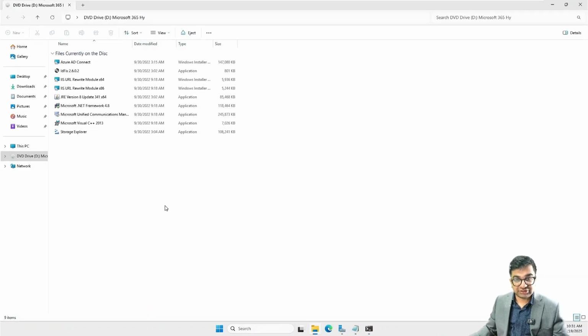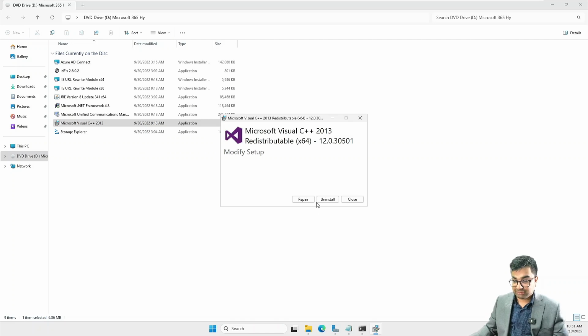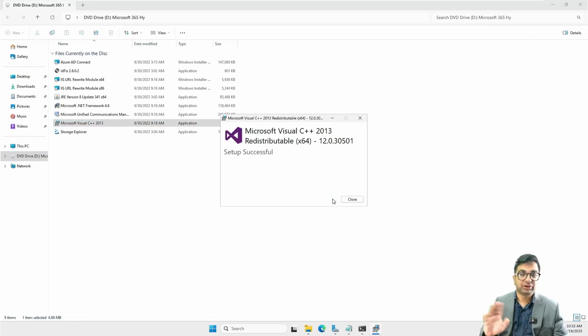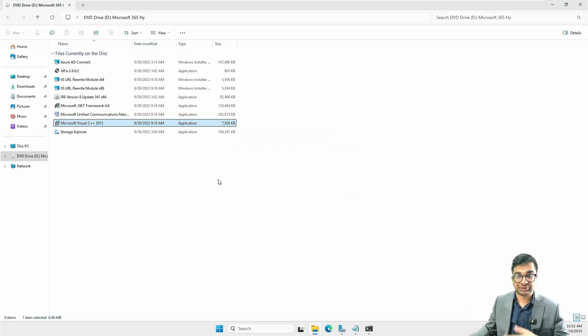So it's okay if you see the name differently, but all you need to remember is that you need to run the Visual C++. Now, in my case, I already have it installed, because I was testing something out and it is working, but I can uninstall it and I can reinstall it again here. I agree to license terms and install. You don't have to do all of this. Just remember that this is just an extra step that I'm doing personally.